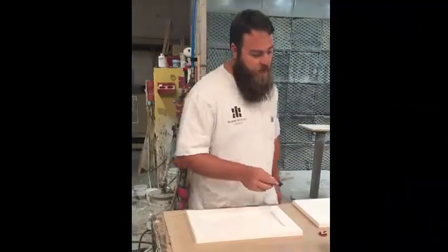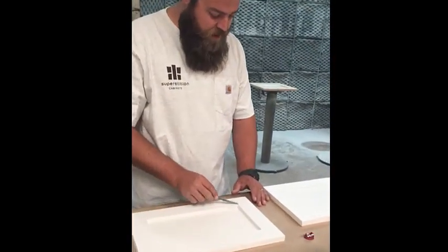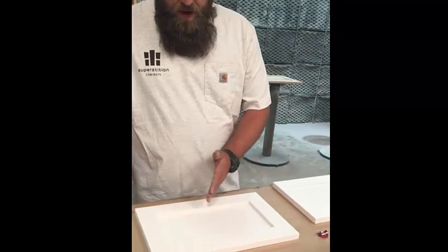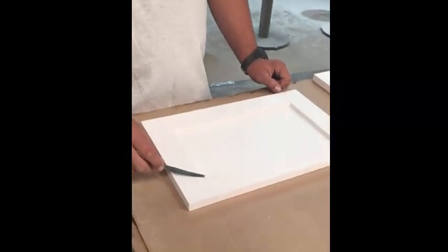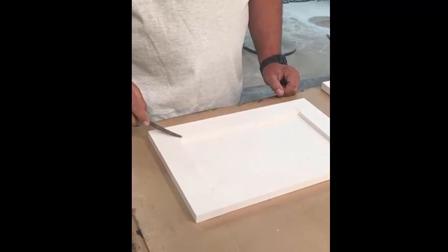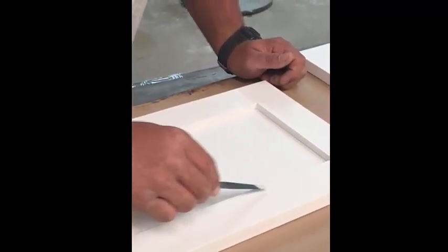So the way that we go ahead and prep for these doors is we take our white filler and we just fill any blemish that we may have. At this point, we've sprayed the primer, so it's all perfectly smooth and white, and it'll highlight any flaws. Typically just at the joints, we'll come in and take care of those. And then like here, you might have a blemish in the